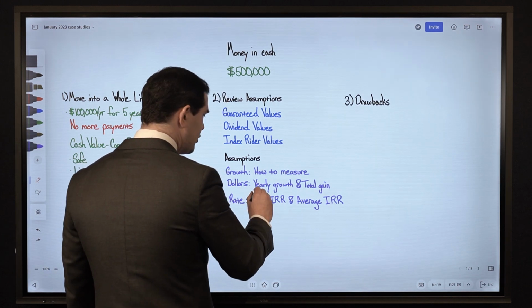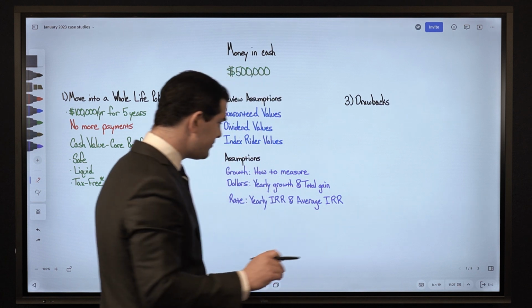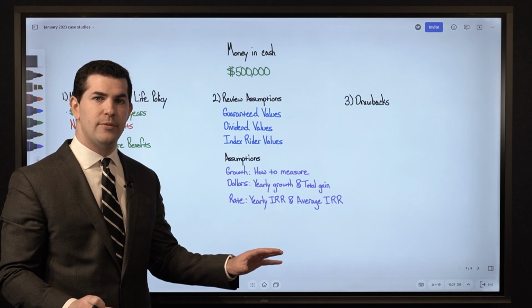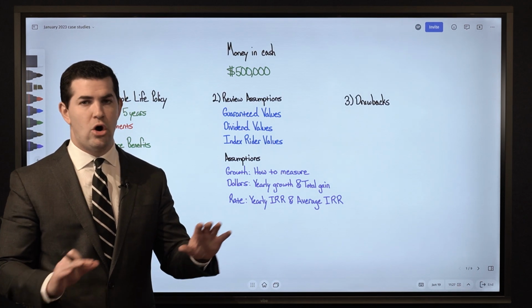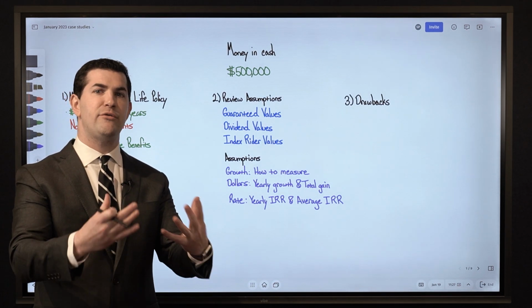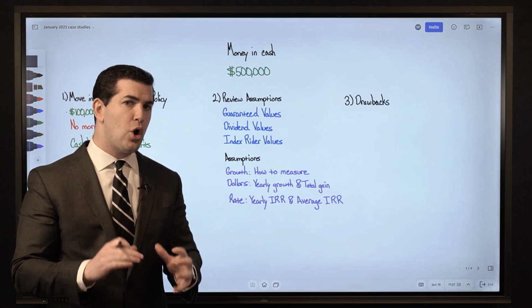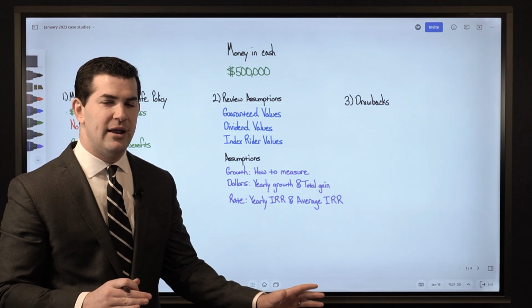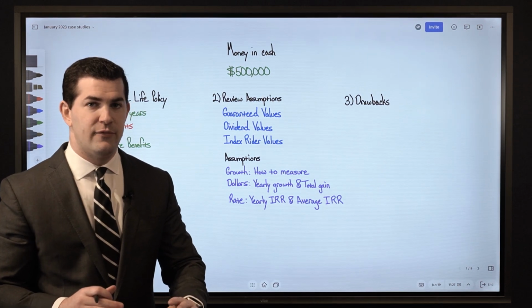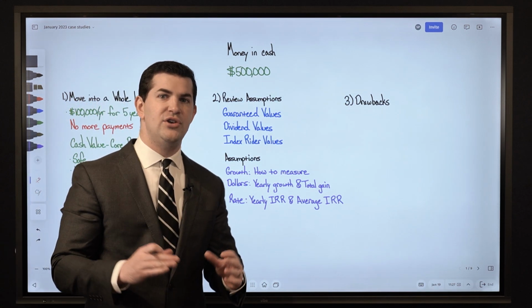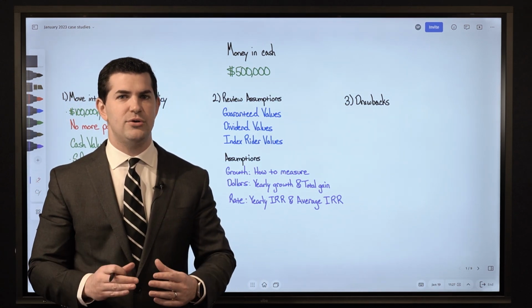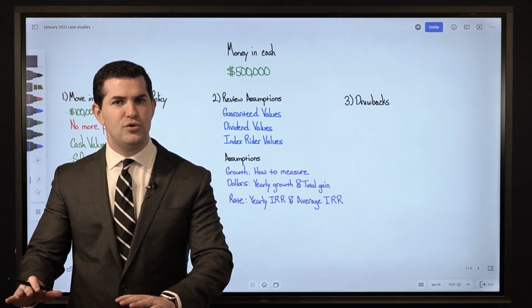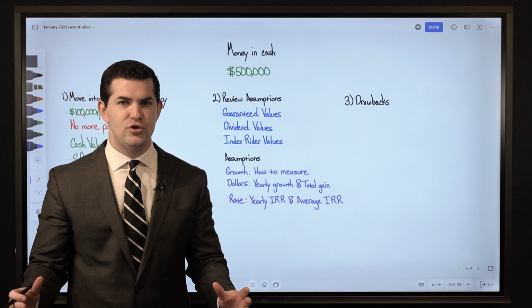So when we look at the dollars, what we'll look at is the yearly growth. Specifically, what is the cash value growing by year over year? And the net dollar amount, meaning all I want to know is what am I receiving from the insurance company. What I don't like to do when measuring the yearly growth on a life insurance policy is account for my own payments. For example, if I have 0 in cash value, let's say I'm starting day 0, I pay $10,000 into a policy. At the end of the first year, my cash value is $8,500.